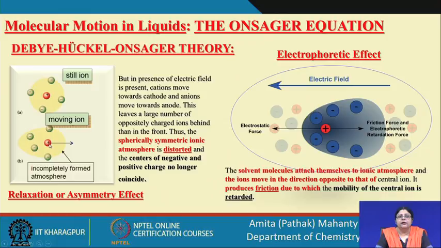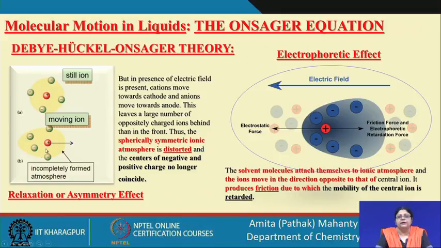Because when the central charge is moving forward, it does not have sufficient time to form the new ionic atmosphere. But the one from which it is trying to come out is going to be distorted,